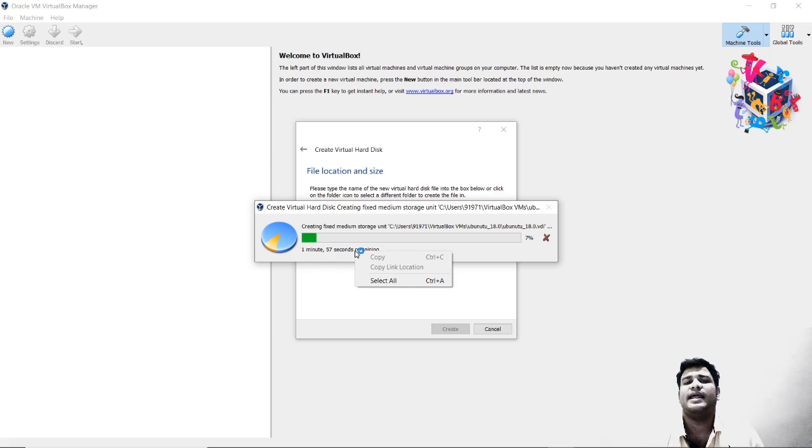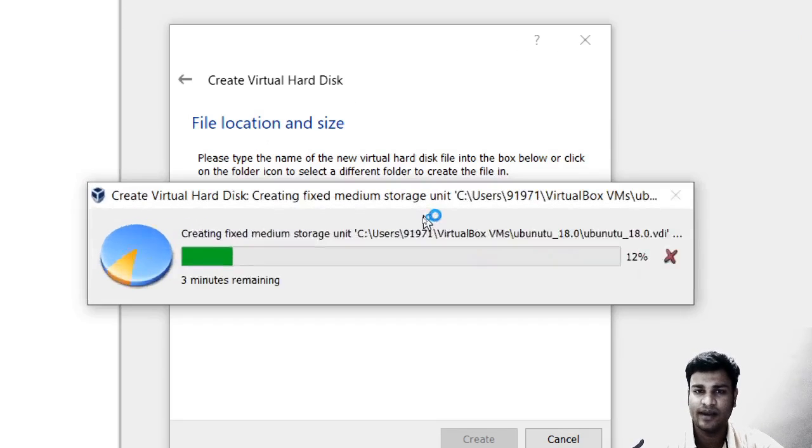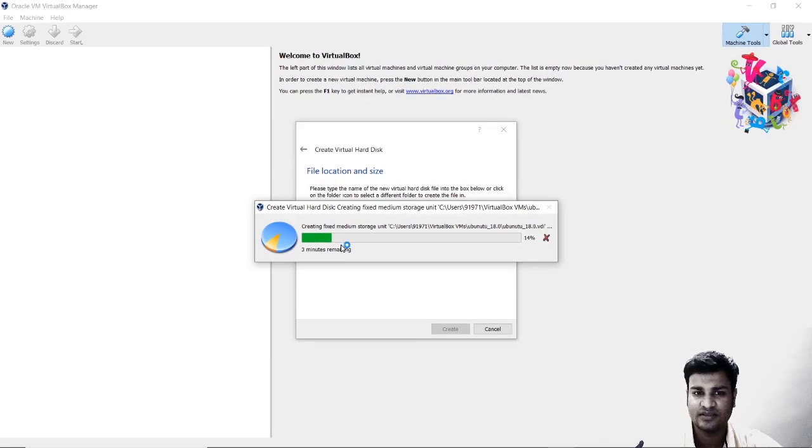After doing all these things, the main time it will take is when we go ahead and install Ubuntu on it. That will take at least 40 to 50 minutes. Let me show it to you one by one. As of now we have just installed VirtualBox and are building up a machine. It is still saying that it will take 3 minutes.